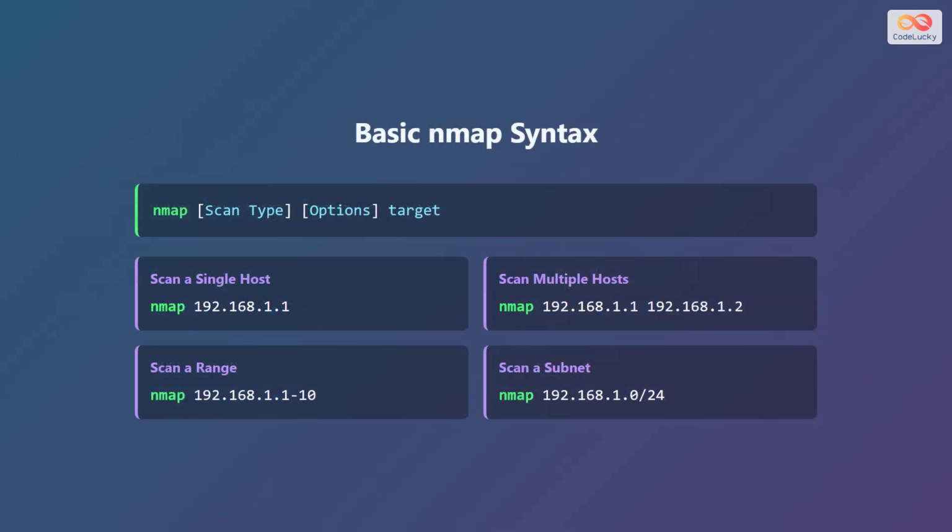The basic syntax of the Nmap command is as follows: nmap followed by scan type, options, and the target. Let's look at some examples. To scan a single host, you would type nmap followed by the IP address of the host, such as nmap 192.168.1.1. To scan multiple hosts, list their IP addresses after the nmap command, like nmap